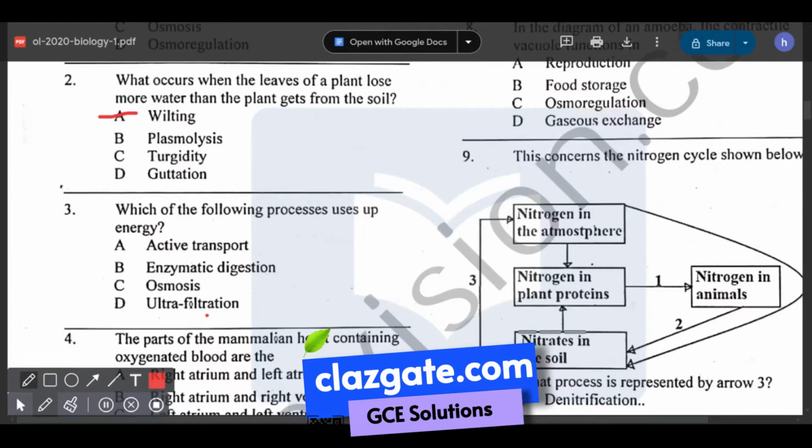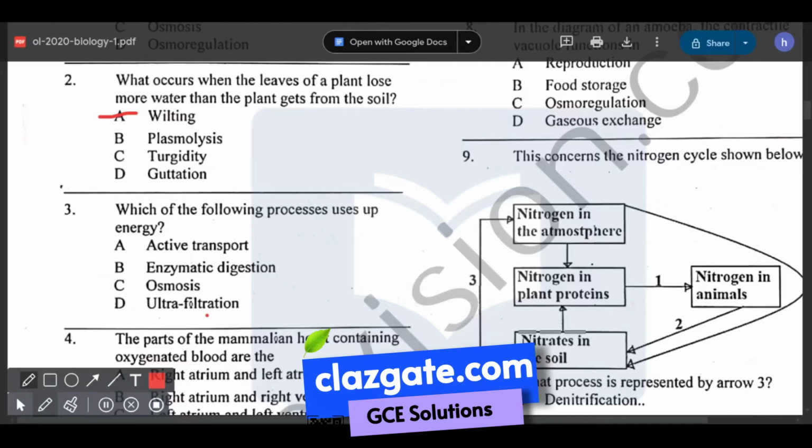Question number 3. Which of the following processes uses up energy? We have active transport, enzymatic digestion, osmosis, and ultrafiltration. The one that uses energy is active transport. Active transport is the movement of molecules across a cell membrane from an area of lower concentration to an area of higher concentration. This process goes against the natural tendency of molecules to move from high concentration to low concentration. Therefore, it requires energy input from the cell, and cells use a molecule called ATP to provide the energy